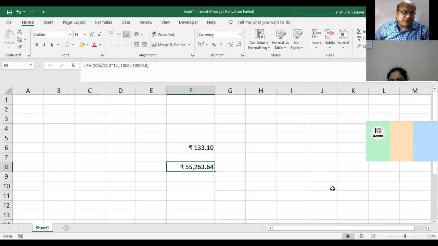Even in exams, if nothing is given, you should take type 1. But there are two products where the type is always 0. Can you think about any product where the type is 0? I am telling you that generally you should try to take type as 1, because what we are going to talk about is investment immediately.